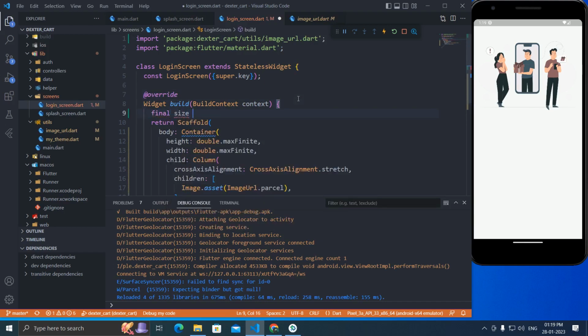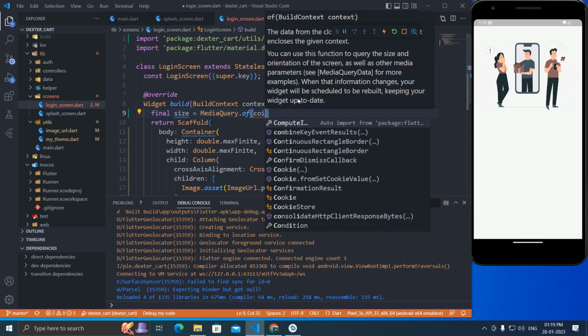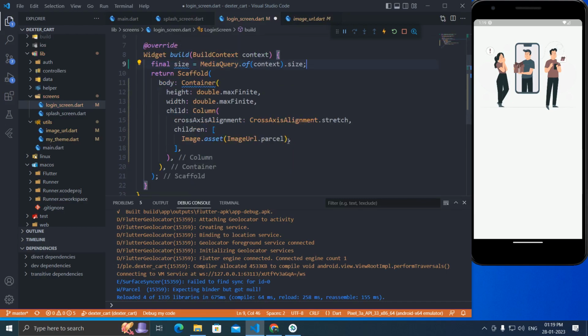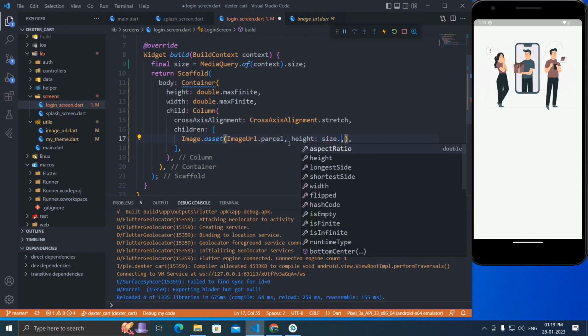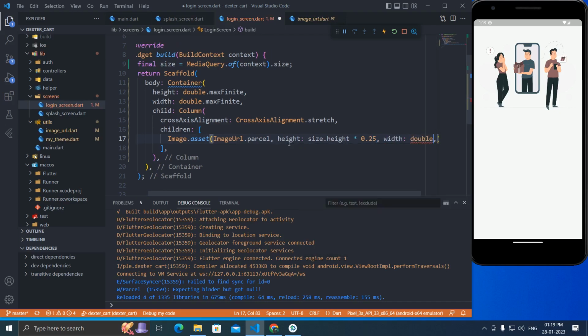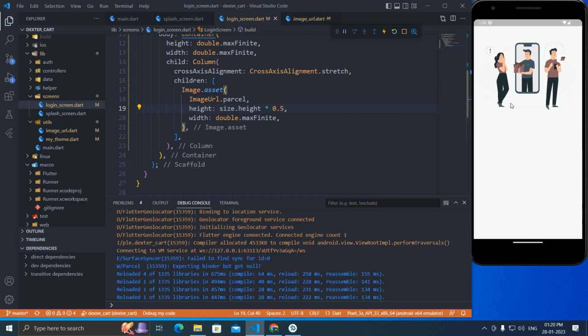So final size here will be size equals MediaQuery dot of context from the above, and it will be size. So the image height will be size dot height into 0.25, and the width will be double dot max 5. Let's make it 3. It's lesser, let's make it 5. As you see, there's some border on this. Let's reduce that border,